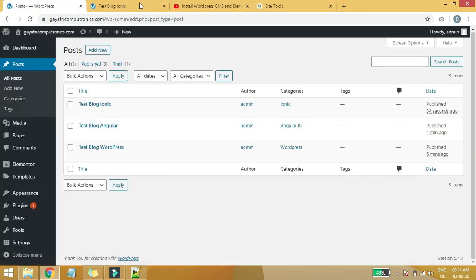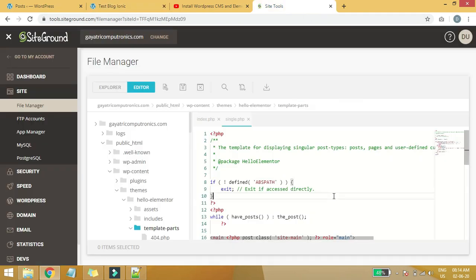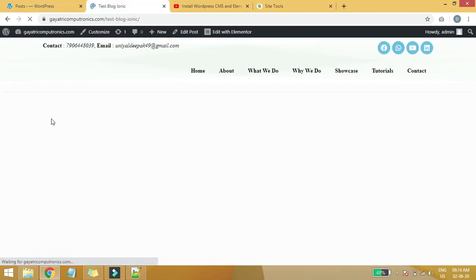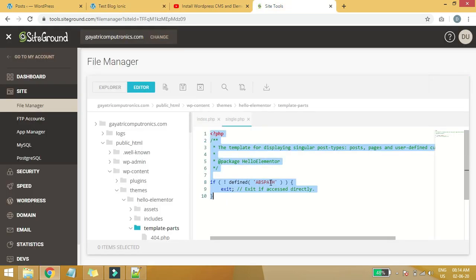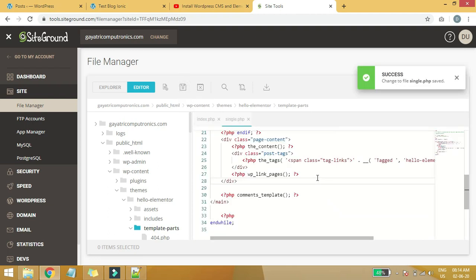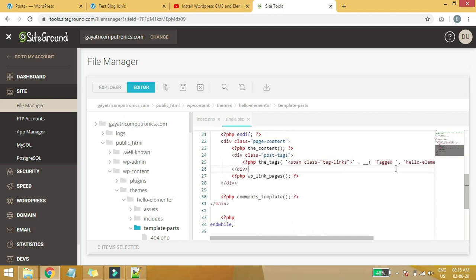All right, now coming to here, if I refresh this page, I can see here test blog Ionic. Previously, let's see, our post was not visible here. You must remember that whatever theme you will be using, in this single.php file you will have this code.